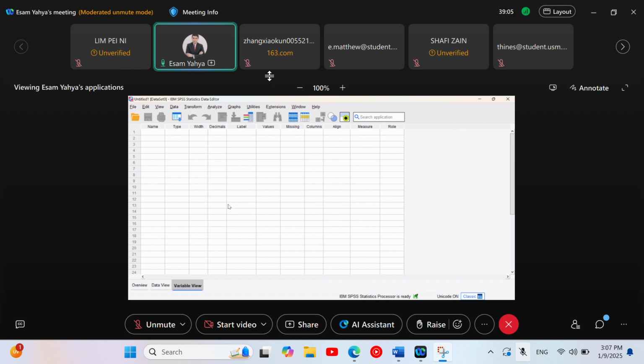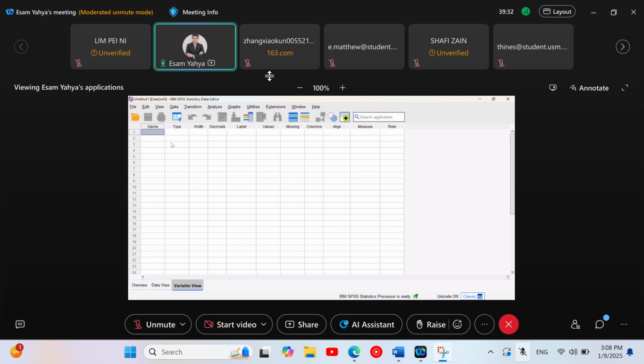Okay, so if you have the data that you can copy and paste, you can just straight away copy and paste. If you don't have, you can just manually enter the data. So in today's session, I will manually enter the data. Does anyone have any idea about any data? Otherwise I will just randomly type. So for example,